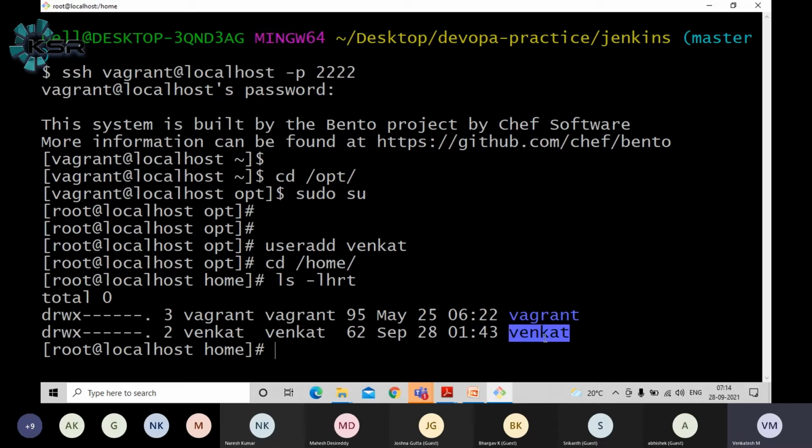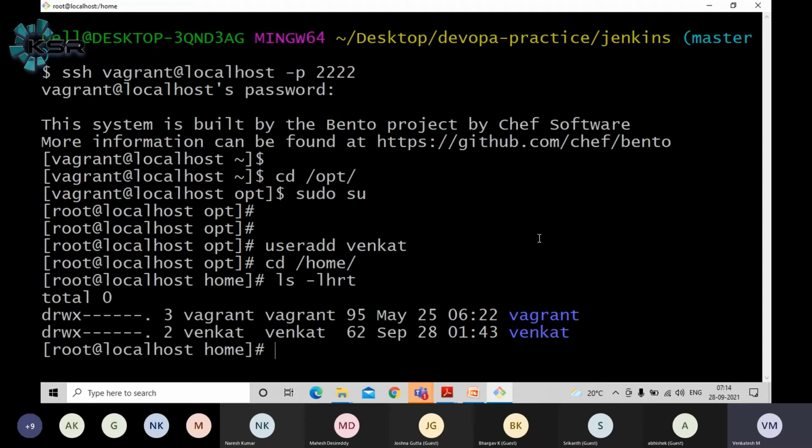If you create more users, you will see more folders here. That means everything is in the user's home directory, guys. So he can save all his work in his user home directory. Only the root user, the user who has root permission, can access all that. He can see all the data. Otherwise, nobody can see your data.